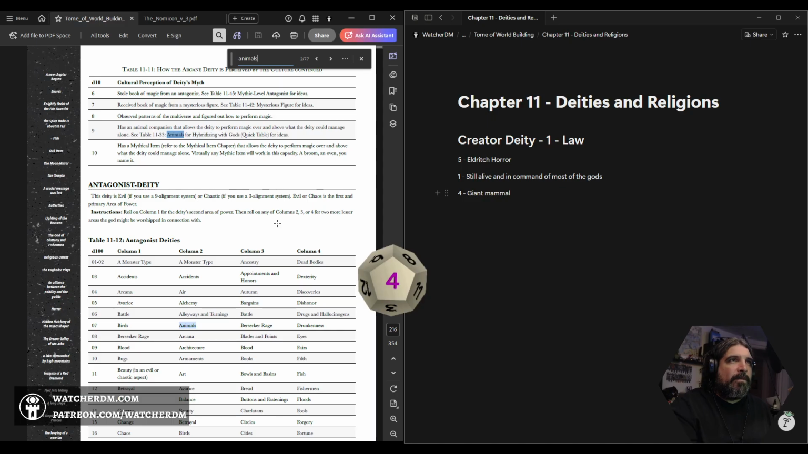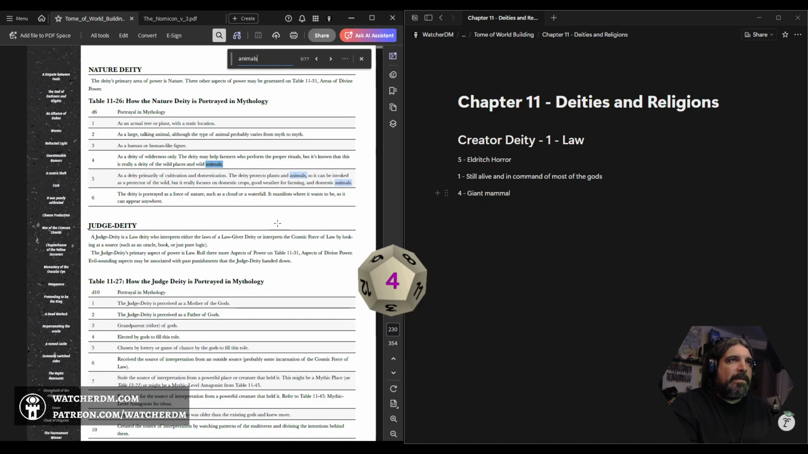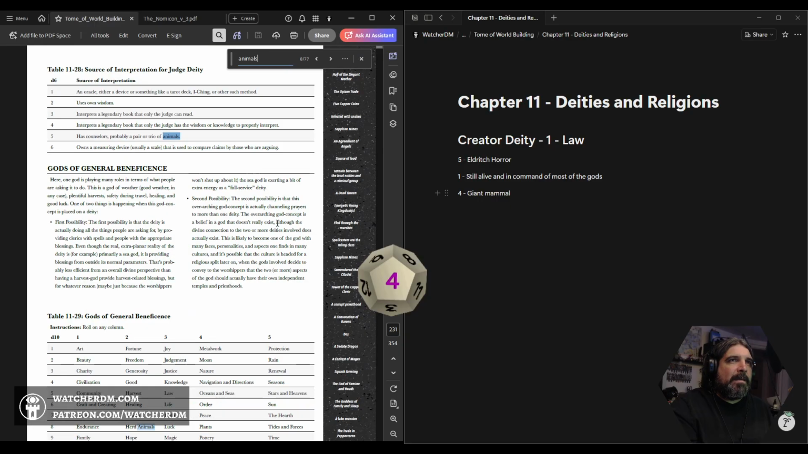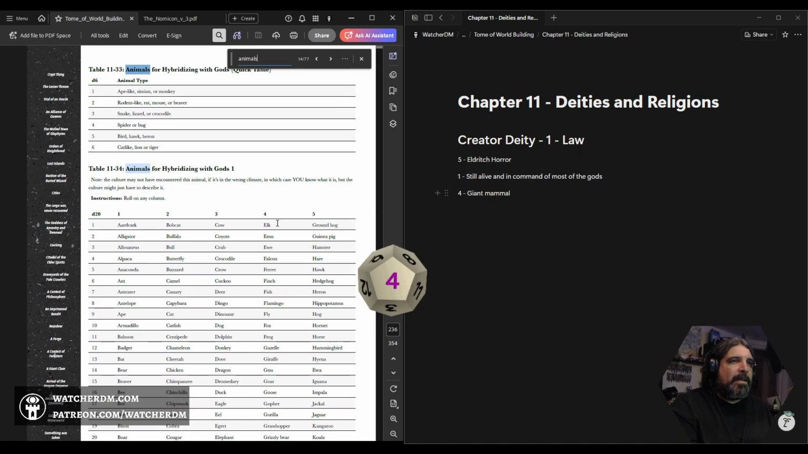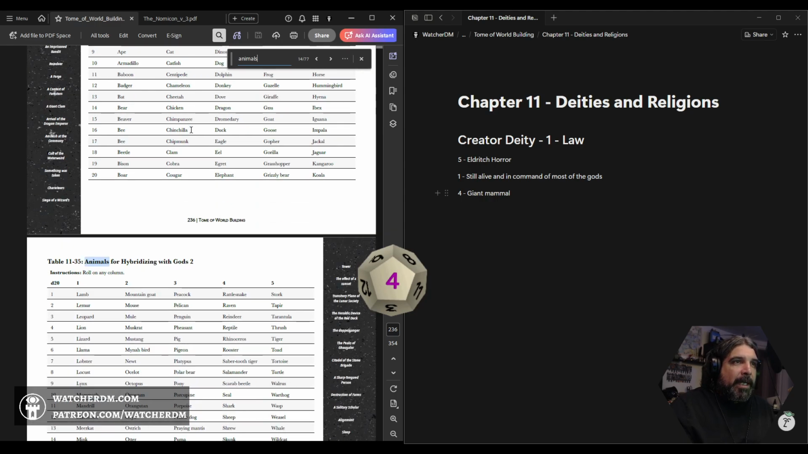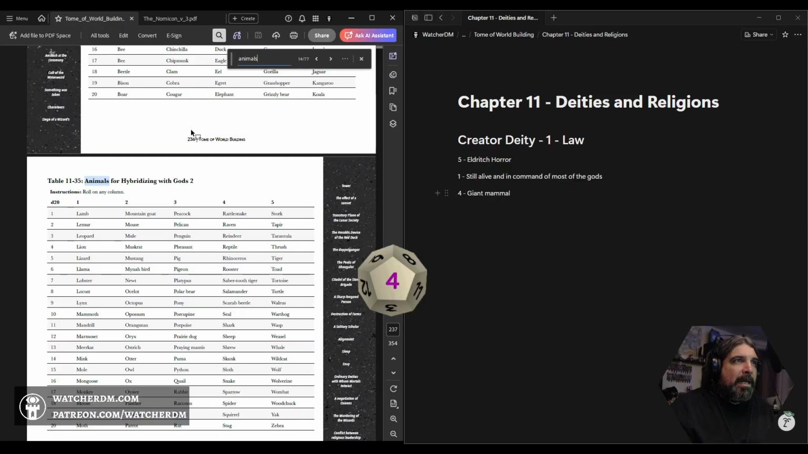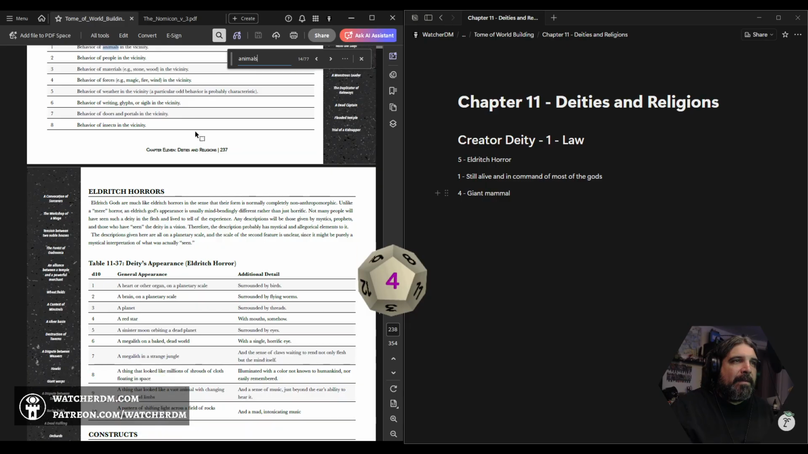Let's see if we can find antagonist deities. Herd animals. Nature animals. Doesn't really look like they have... Oh. Animals for hybridizing with gods. Here we go. Now, unfortunately, we need something that's going to be...